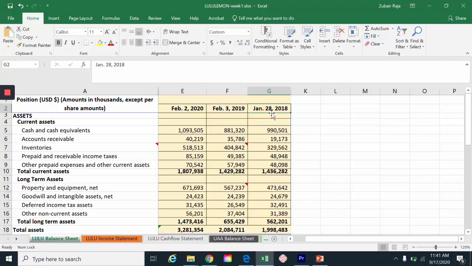Normally, on the 31st or 30th it is expected to be a holiday. That's why they have given the number of the assets, liabilities, and equity on the 28th of January. What were these figures on 28th January, and then February. But if you see, they are around 31st January, because that is the date on which the fiscal year of